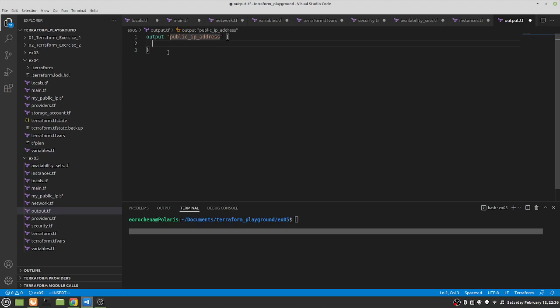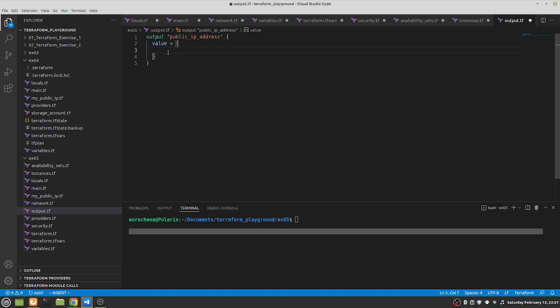We can just get all the information from the public IP address Terraform module, but in reality, we are only interested in the public IP addresses themselves, not the rest of the information. So for that, we need to specify the actual resource group name